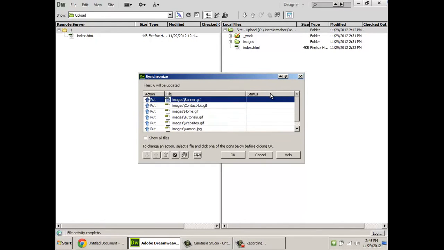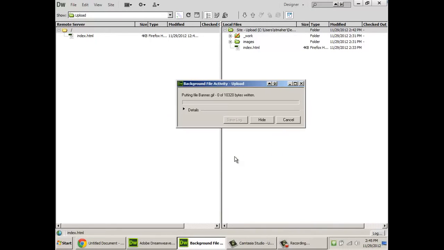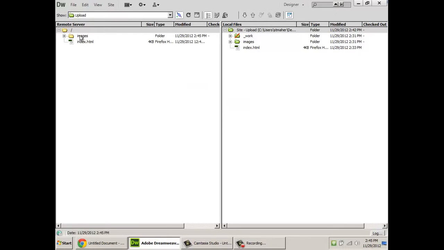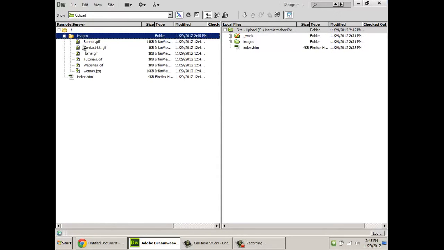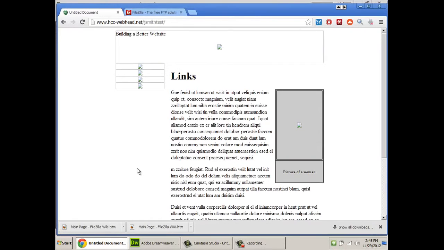It's not actually going to do it yet. It's going to let you know what it's going to upload. And you can see that I haven't uploaded the images folder yet, so that's what it's going to put on the server. Click OK. And after a few seconds, you'll see that I have my images folder on the left-hand side. And now, if I look at my site and I refresh it,